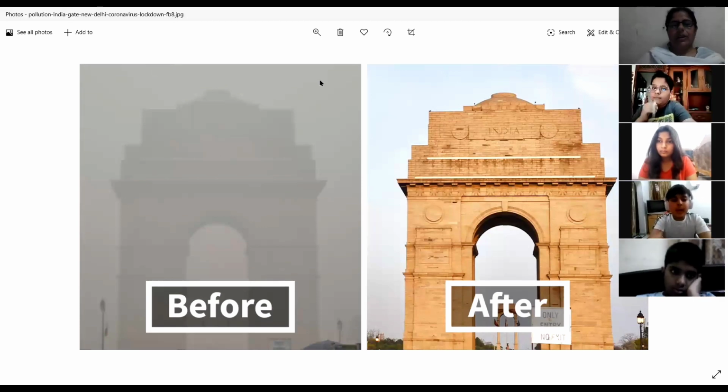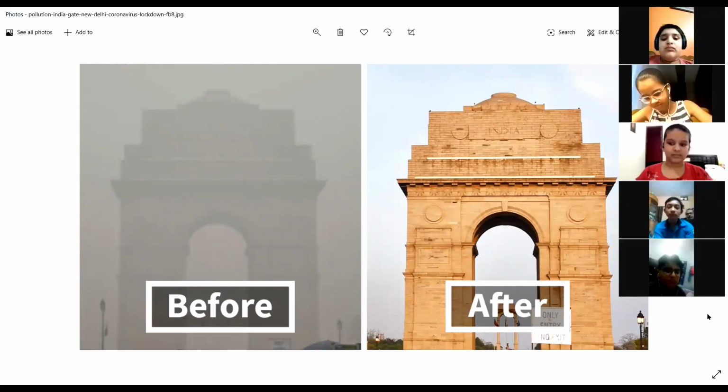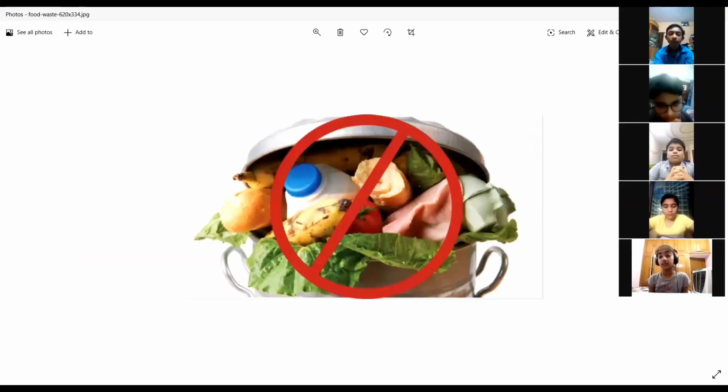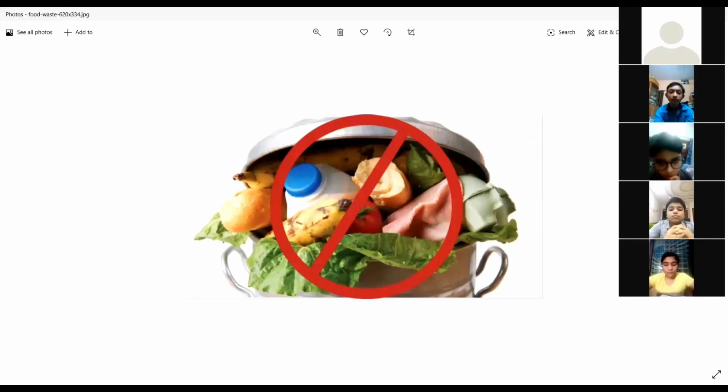Very good, very good. Now, if we control pollution, here is a star for you. Very good, very happy. Clap for yourself. Yes, very good. Usually last time also you saw this picture. Something new I'll give you.